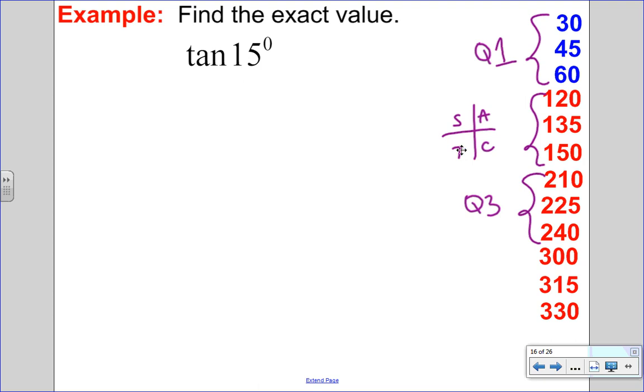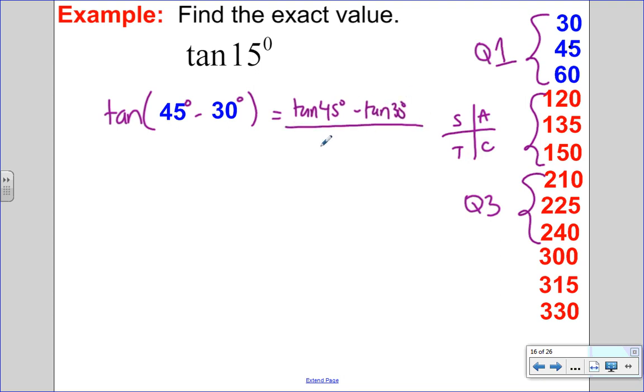So I just kind of look to see what can I do adding or subtracting to combine this to be 15 degrees. So I know that, for example, if I take 45 degrees and 30 degrees, and I were to subtract those, I would get tan of 15. So I know that tan of 45 degrees minus 30 degrees, that's going to give me tan of 15. So I'm going to use my tangent formula. So this is going to be tangent of 45 minus tangent of 30 all over 1 plus tan 45 tan